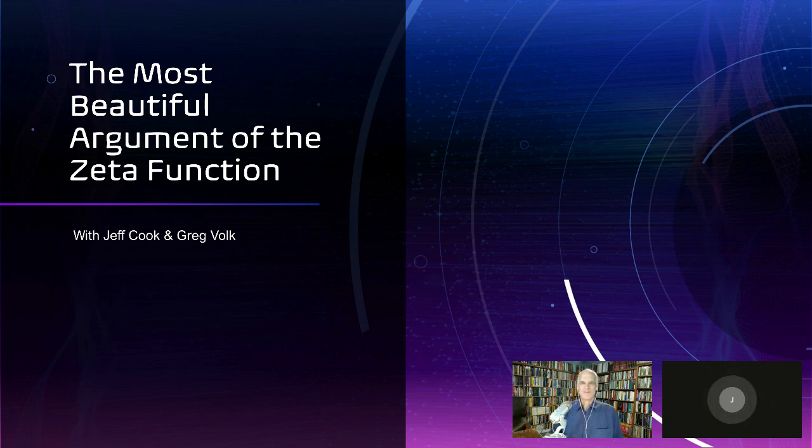So this is about, well, I don't know if it's the most beautiful argument of the zeta function. I think it is, especially because of what it produces. It's a general argument. You can enter any number of values in it, and it's always going to give this really special angle that we're going to talk about. And it is very beautiful. I don't think anyone's going to argue otherwise.